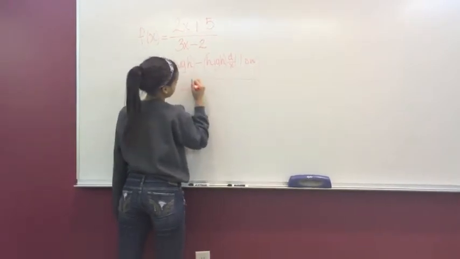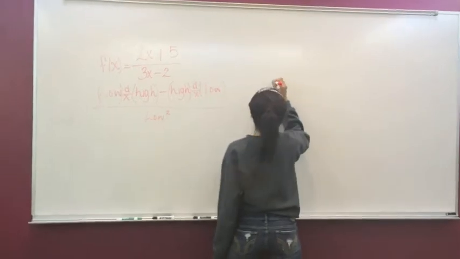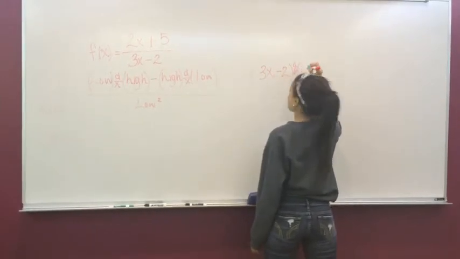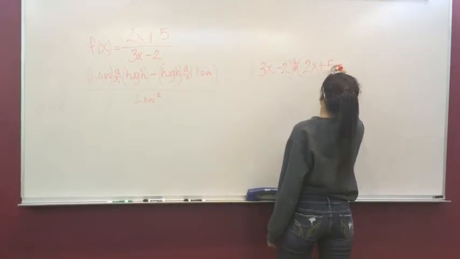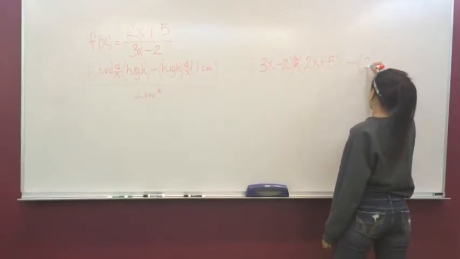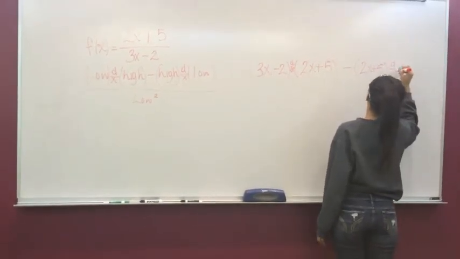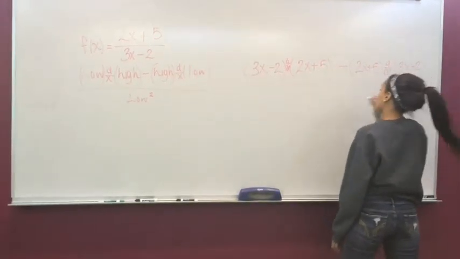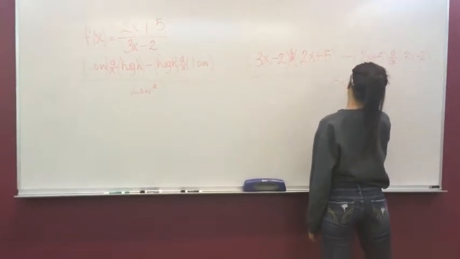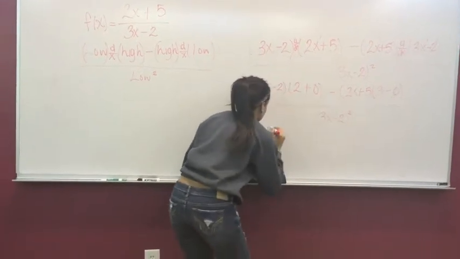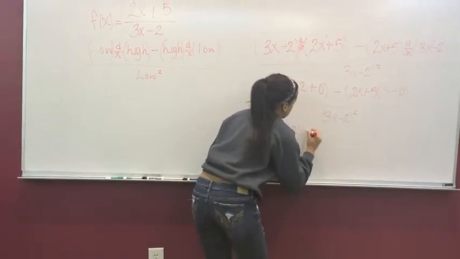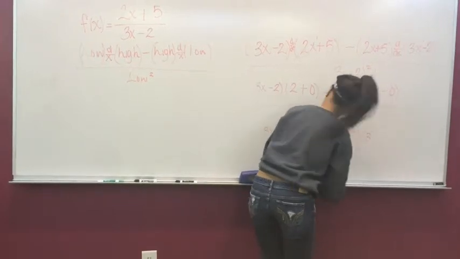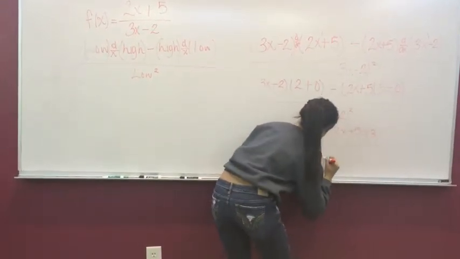over the low function squared. So you'll use the low function, 3x minus 2, times the derivative of the high function, 2x plus 5, minus the high function, 2x plus 5, times the derivative of the low function, 3x minus 2, all over the low function, 3x minus 2 squared, which should give you (3x minus 2) times 2 minus (2x plus 5) times 3, all over (3x minus 2) squared,